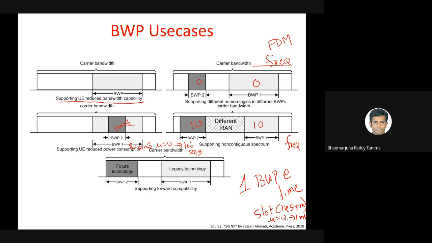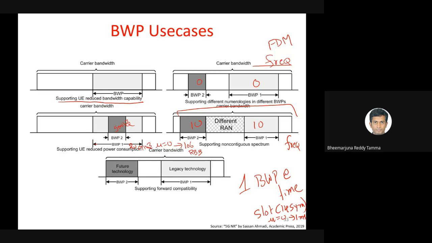So in a given slot of 14 symbols, or 1 millisecond, the user equipment can use only one of the bandwidth parts. That is also a disadvantage of this non-contiguous approach. If the user requires a lot of bandwidth, but there are two different bandwidth parts that are not contiguously available, the operator has to configure two different bandwidth parts, and the user cannot get more than 10 megahertz even if the base station decides to